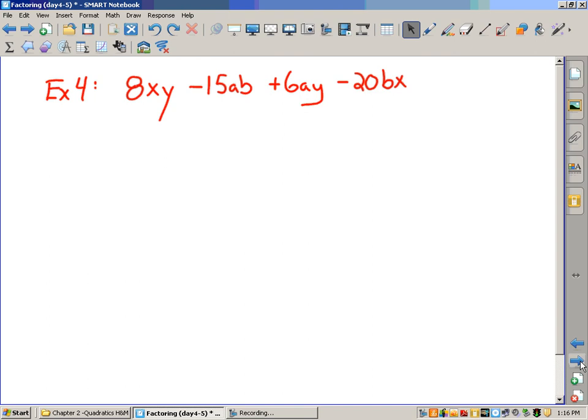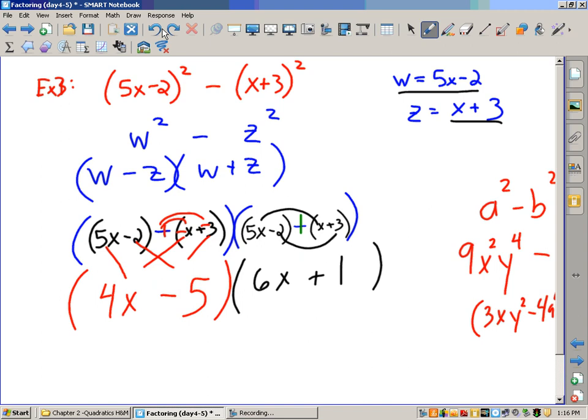No. Or even one common GCF in the whole thing? No. So anybody have any ideas? Yeah? You think that 8xy minus 1... We could try this group, because we've done that before. But does that help me when I group it there? No. But I like where you're going with that, because instead of grouping it there,